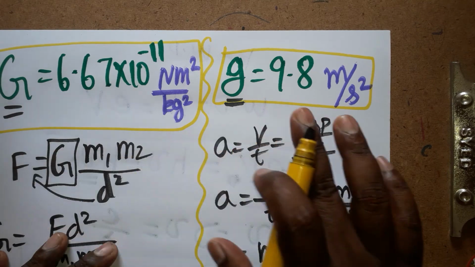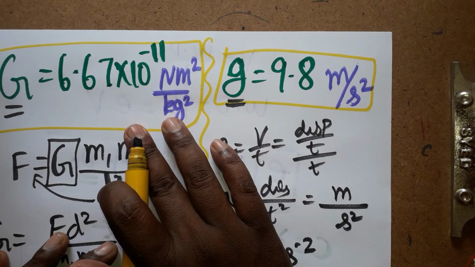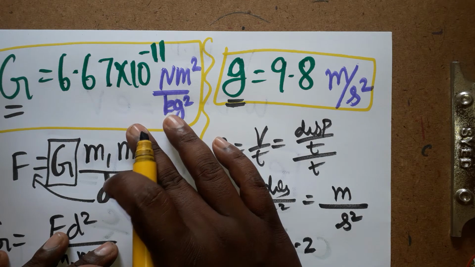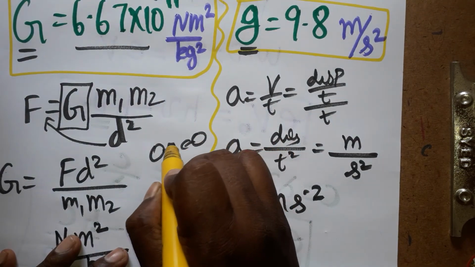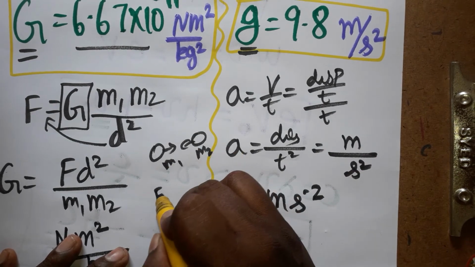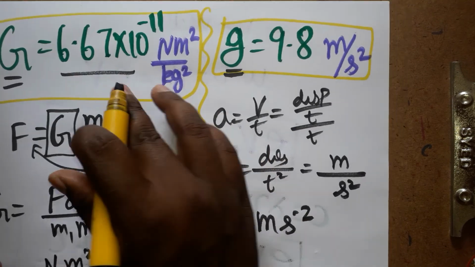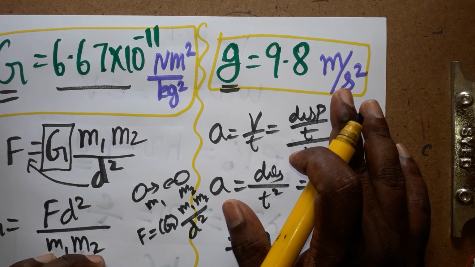Small g is the acceleration due to gravity, which is produced by the earth. Capital G comes from the force of attraction between two masses. The force of attraction between the masses m1 and m2 creates a constant term, that is F is equal to constant times m1 m2 divided by d square. This constant is the capital G, with this much value. Here the earth produces some acceleration due to gravity, which is called small g. We take it as 9.8 meter per second square.